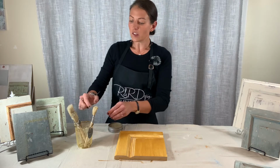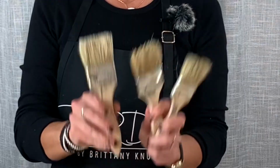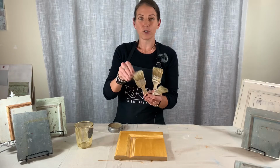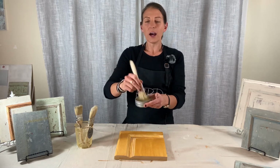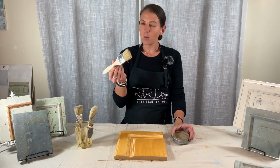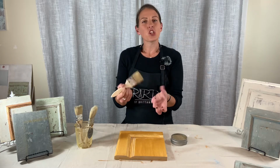So to do this, we need a brush. Now, the chip brushes absolutely are the best, and the uglier, the better. We want these kind of frayed, crazy hairs. And you'll take some in your brush, just like you're about to wax. But we're not going to offload it, right? We kind of want those clumps on there